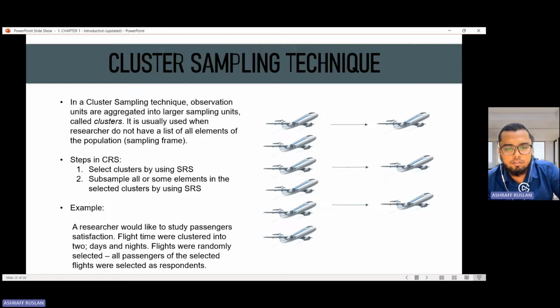Tapi for this example, okay, let's say researcher would like to study passenger satisfaction. Okay. So kalau passenger flight ni, dia just randomly ambil flight siang dan flight malam lah, day and night flights lah. So dia kata kita nak ambil mana-mana flight, tetapi satu flight mesti daripada day flight, satu lagi daripada night flight.